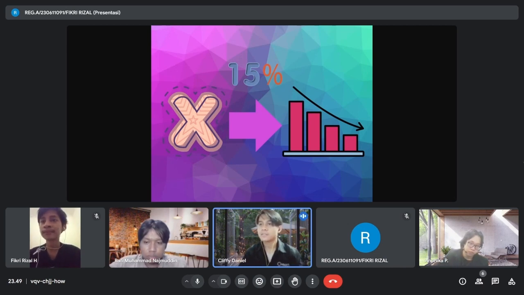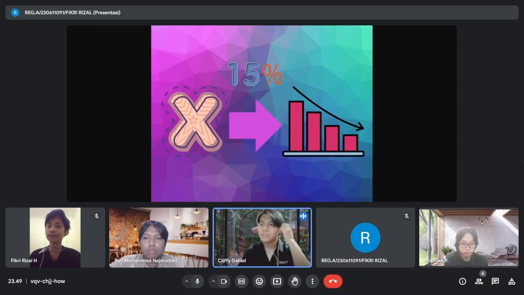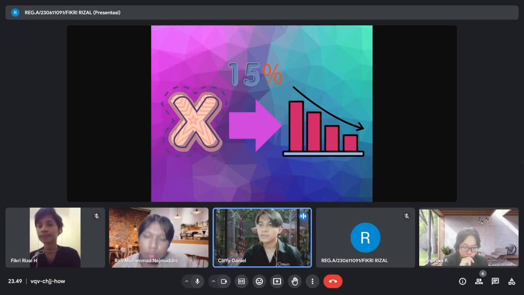Second one is change in customer preference. We have seen a change in customer preference, who may switch to other products with more innovative features or more modern design. Product X may need to be updated to stay relevant in the market. Third one is lack of innovation in marketing strategy. Our latest marketing campaign was not as effective as expected. Even though we spent a lot of money on advertising, the response from the market was less than satisfactory. This may be due to our lack of innovative approach or not targeting the right demographics.